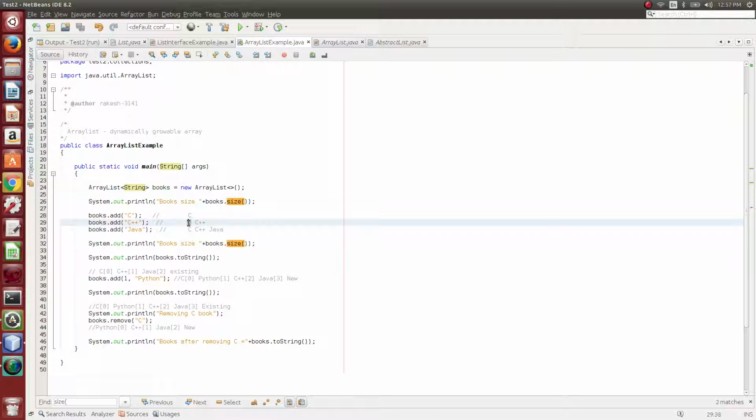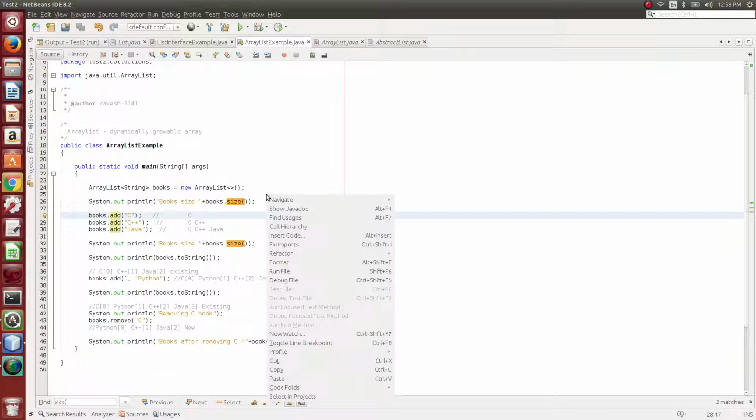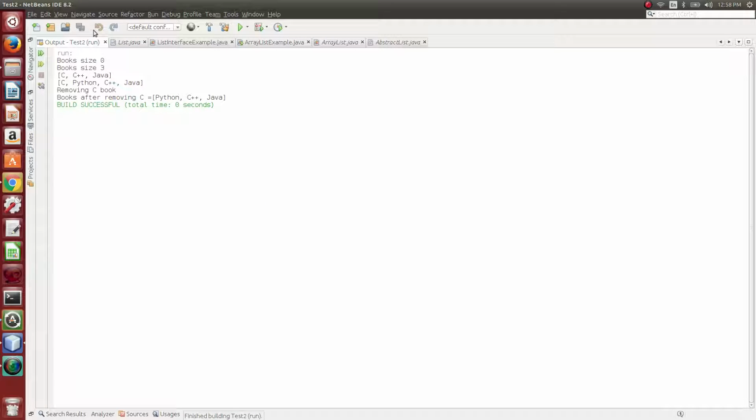C would be present at the 0th position, C++ at the first position, and Java at the second position. What the add method implies is that whenever we add an element without any index, it will add at the end of the list. Then we print the size. Initially the book size would be 0, now it would be 3. If we run this, you would see 0, 3, C, C++, Java.